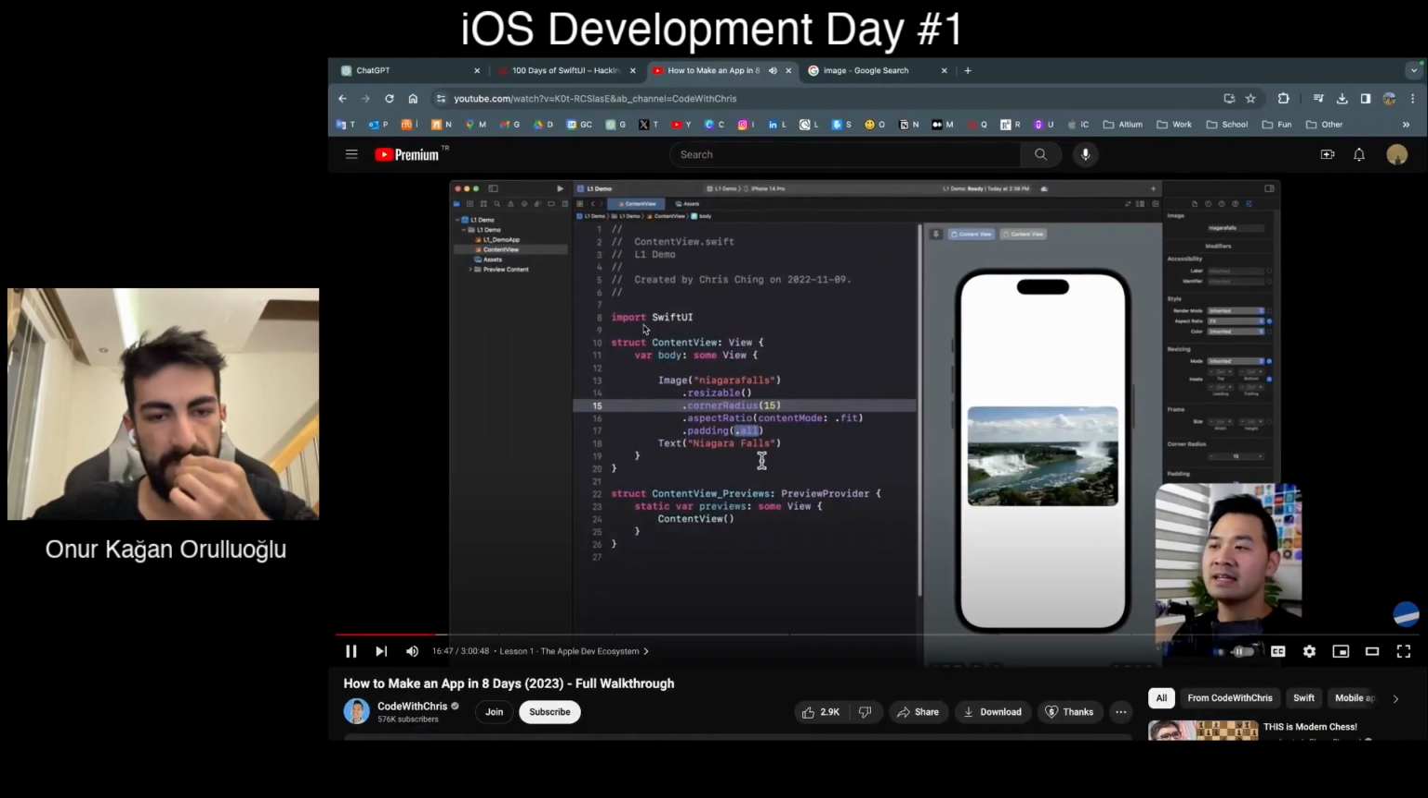So the problem is that it doesn't know how to lay out these two elements. How do you want them arranged? On top of each other, beside each other? It doesn't know. Luckily, we have something called a lay